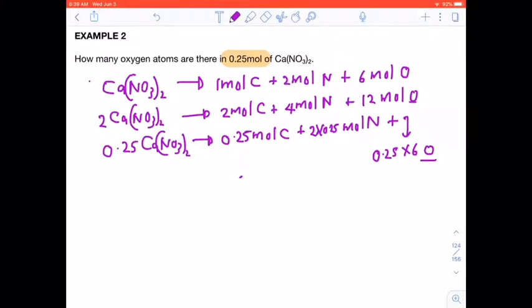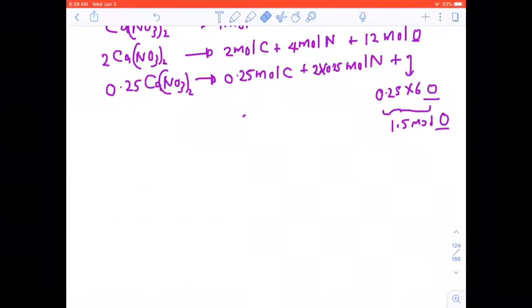Which would mean I have 1.5 moles of oxygen. Right, so now that I've established how many moles of oxygen atoms we have,